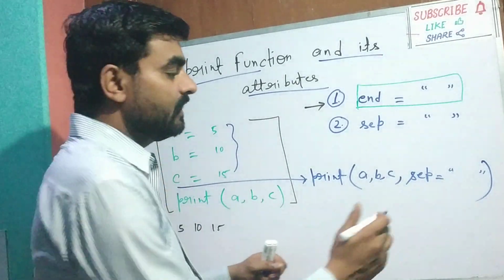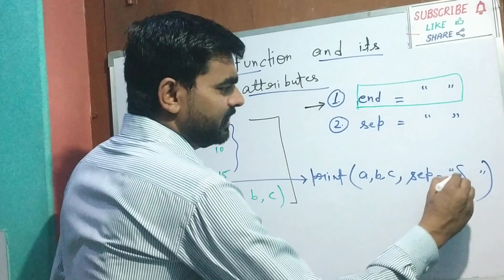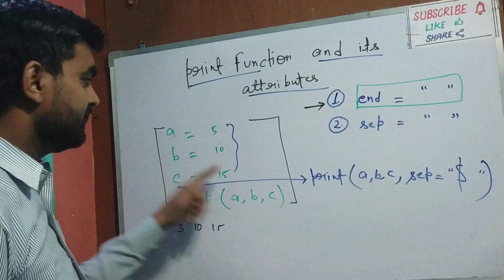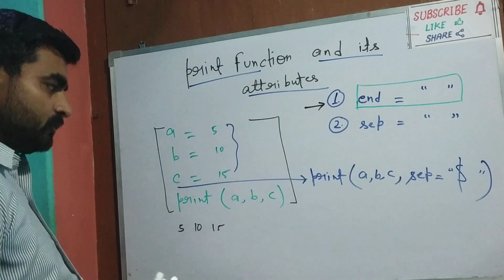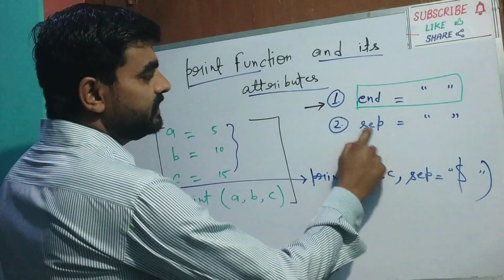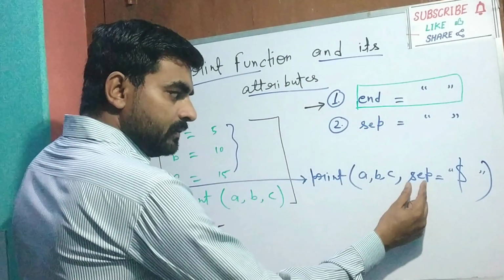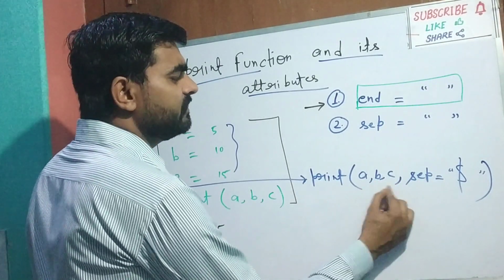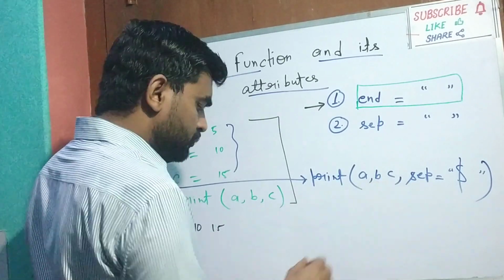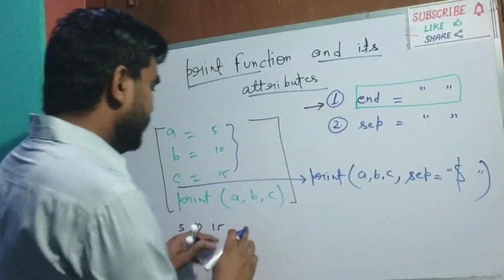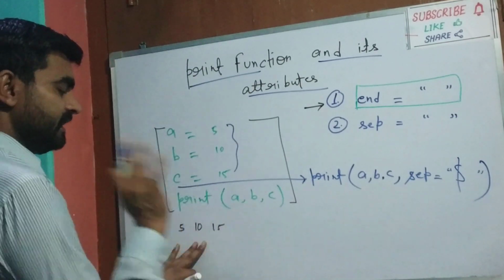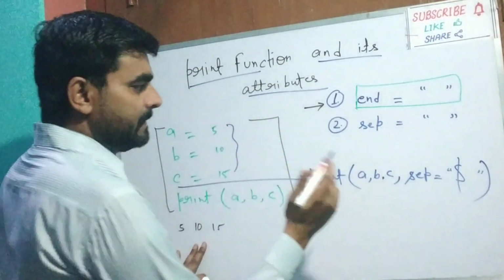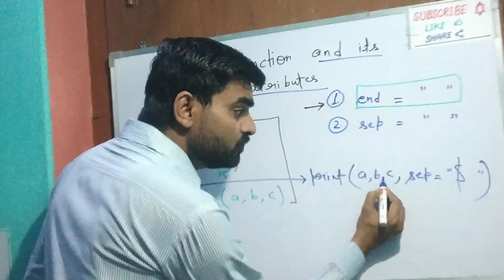And here a symbol, for example a dollar symbol, is inside the quotes. So it always says find the output of these 3 lines and this line. Students, here you have to know what sep is. Sep means separate. Whatever variables or values you are printing before the sep keyword will print as normal, but sep will make a difference, that it separates their values.